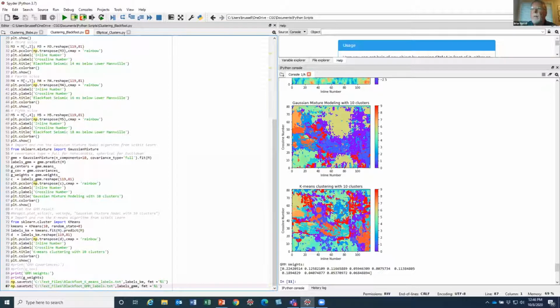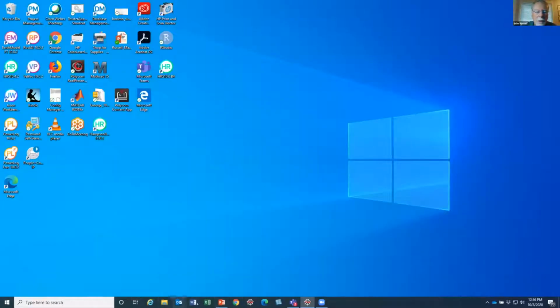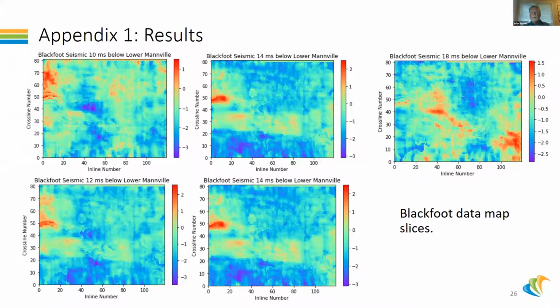whereas k-means tends to break things up, although you can see the major features. By the way, let me just go and look at my PowerPoint for a second. And yeah, this is a little better because I captured all those images. So those are the Blackfoot data map slices. And you can see there's a very strong high amplitude event